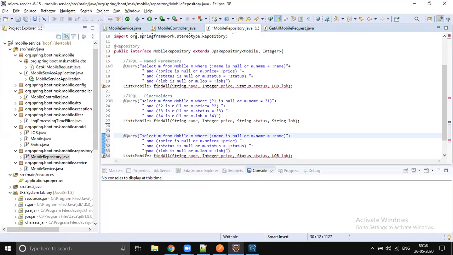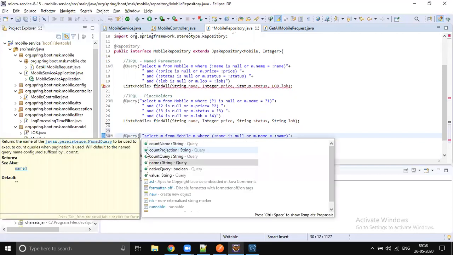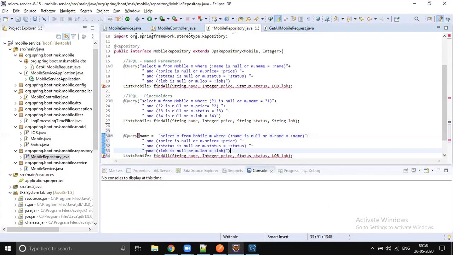So how can I make this a native query? You should pass one more attribute, native query equals true.